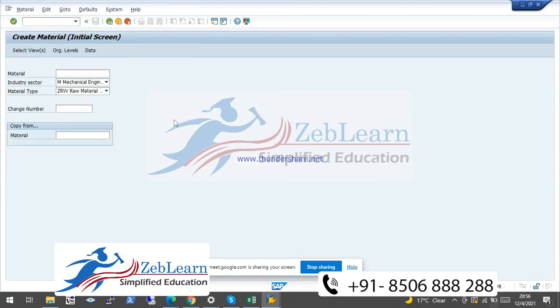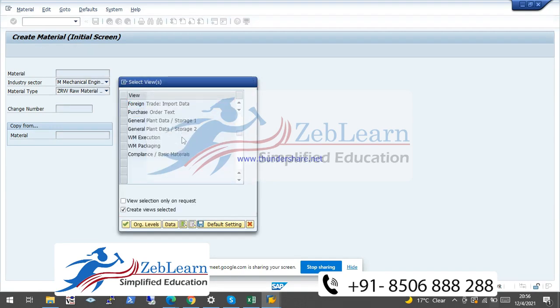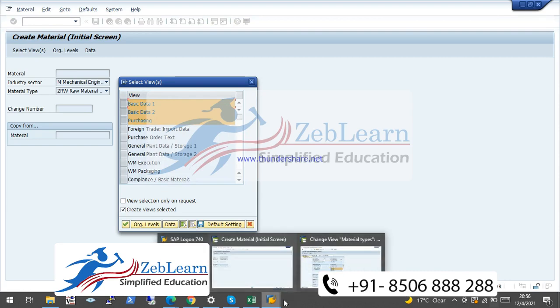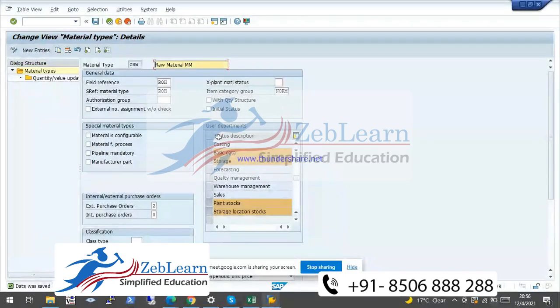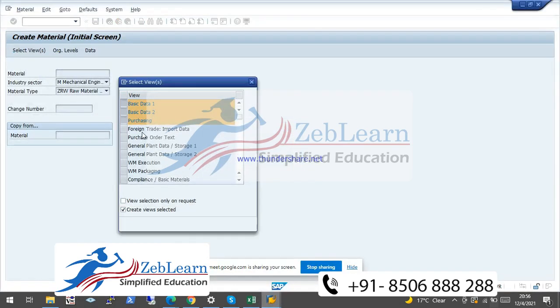Okay, and hit enter. See, the view has changed because I just selected these different user departments in this user department screen, so it directly affects this one.